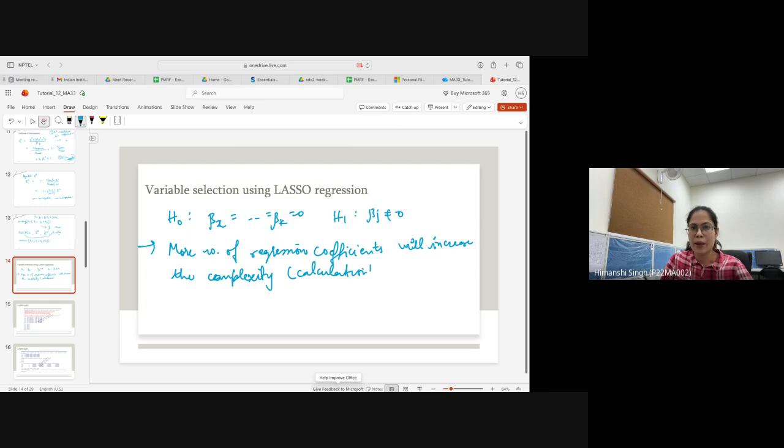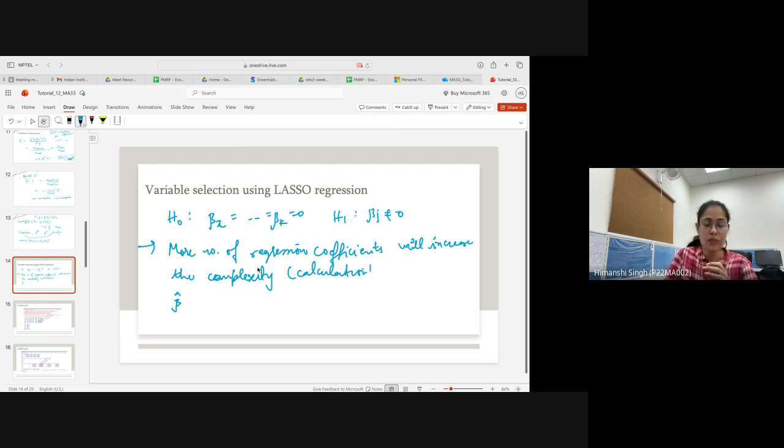There are many methods by which we can find this out, and many packages in R also, by which we can find out for which beta j we can skip particular values. So what is the methodology if I consider the lasso regression? In a broad, theoretical sense, we find out the beta hats, which means we are finding out the estimates. Here it may not be necessary that we are always able to find the ordinary least square estimators.